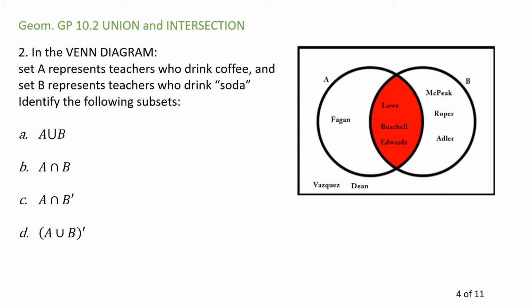In this Venn diagram, A represents the teachers who drink coffee. B represents the teachers who drink soda, as the original question said. I don't say the word soda. I say Coke. And then there's some people that are overlapping. I don't know how well you can see it, but Lowe, Bushell, and Edwards drink both. So if I'm looking for A or B,